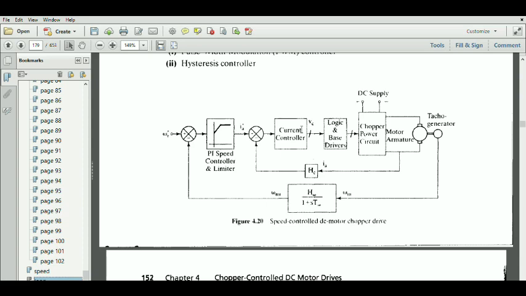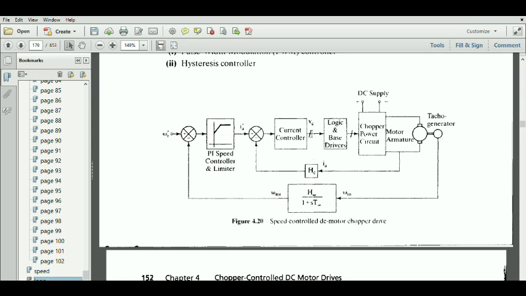If you are using the simple logic, the PI controller will have zero steady state error. That is why we are using the PI controller. In most cases where you need high performance, we use a PI controller because of the zero steady state error. And if you want both zero steady state error as well as a good response time, then we would use a PID controller. Usually we are not going for the PID controller, as it will complicate the system. That is why we use a PI controller here.